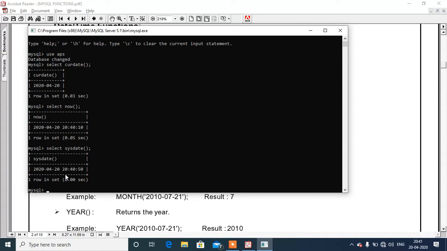To differentiate both of them, we have to write one command. See, select now, sleep in brackets 3, now.